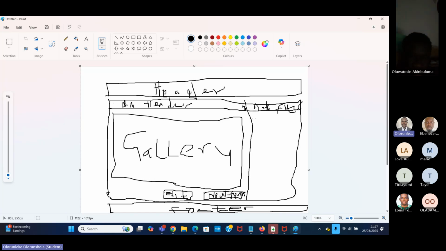this thing. And then this one I can have date from to date to. So you can always use that date. Why do I want to put this filter? I want a situation where Louis, our line manager, will be able to filter for maybe tax for just a week, and not just for all the tax that we have there. I want him to be able to filter for a day. Maybe the tax he's looking at is just tax for last week Wednesday only. I want him to be able to select the dates. So when that date is selected, I want what is here in the gallery to change depending on the date